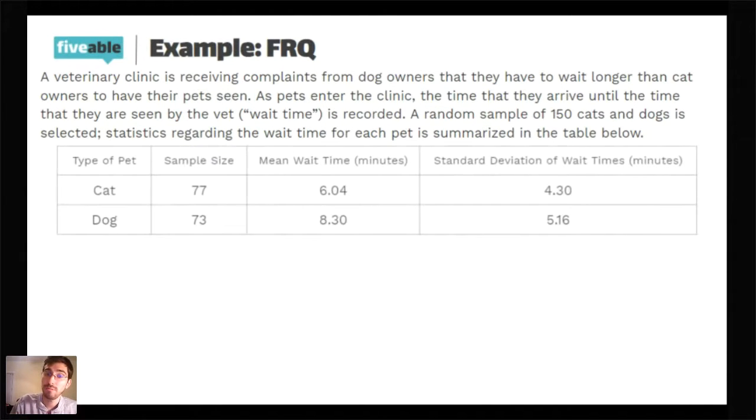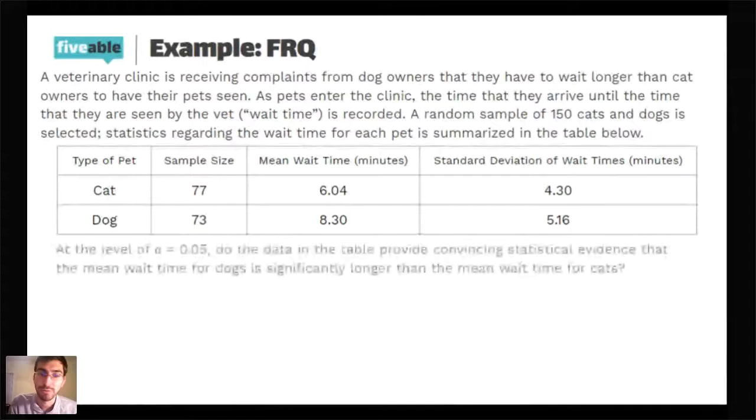So we've separated by cats and dogs. You have your sample sizes, you have your mean wait times listed, and your standard deviation of wait times for each type of pet. And then we're asked, at the level of alpha equals 0.05, do the data in the table provide convincing statistical evidence that the mean wait time for dogs is significantly longer than the mean wait time for cats? And the magic phrase,